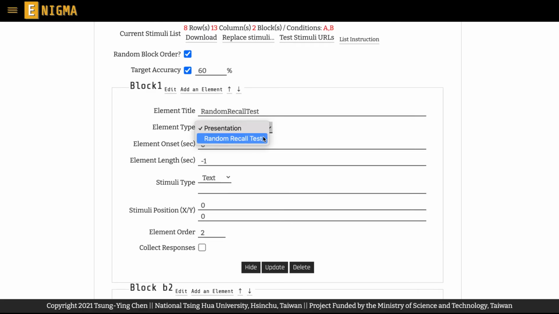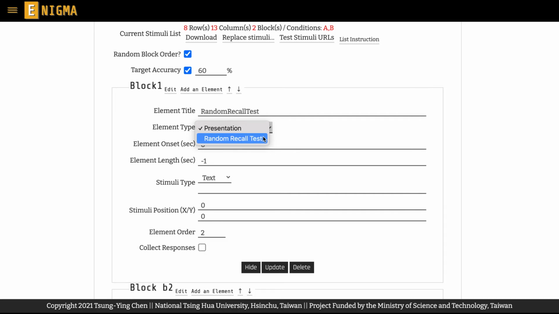The purpose of this built-in memory recognition test is to help your participants focus on the training input. You can of course try to design your own task for the same purpose, but we hope to provide a useful tool that can help save some time for you. Let's walk you through the process of configuring this memory recognition test.